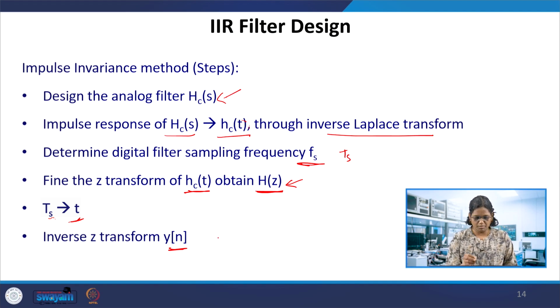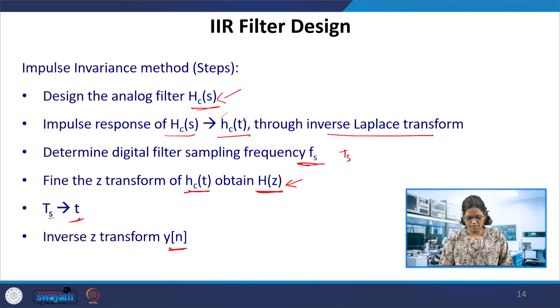So this is the impulse invariance method, but I would like to show the mapping and what the aliasing is which creates the problem in the impulse invariance, and how the bilinear transform method would be better in this case. We will see how we use the bilinear transform when we know the analog filter prototype. If it is known, then it is easy: one inverse Laplace and then one Z transform would give the digital IIR filter.